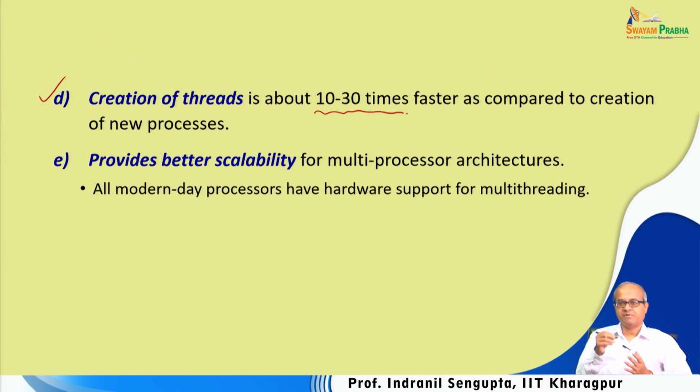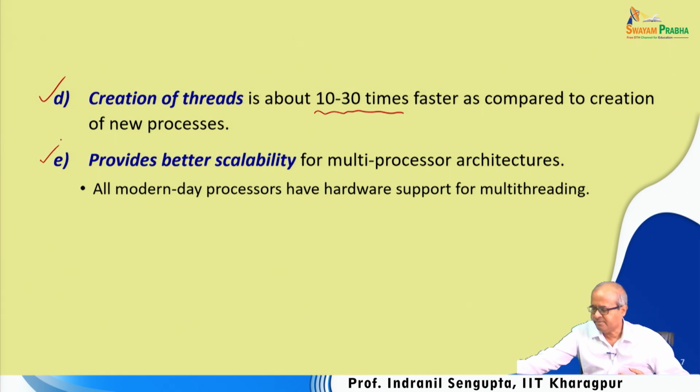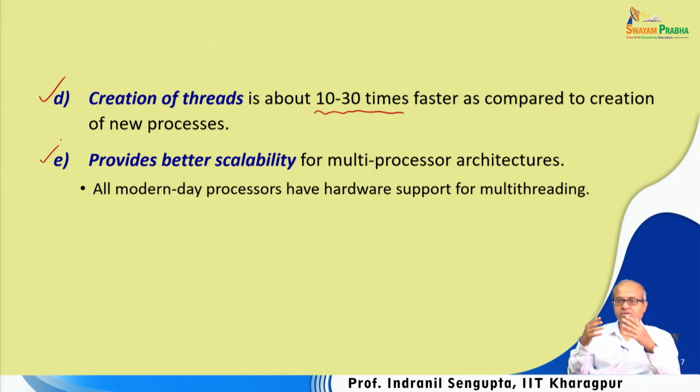Okay. So, in terms of efficiency, it is better. And lastly, it provides better scalability. Scalability means, nowadays we are moving towards multi-core architectures. The number of cores is increasing every year,